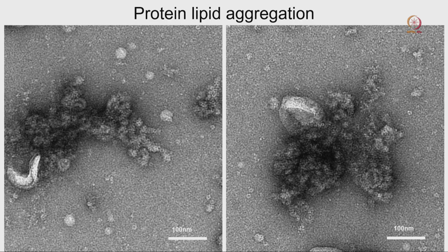Generally, in the presence of glycerol or high salt concentration, protein solubility will increase. So protein solubility is comparatively higher at high salt concentration and glycerol. But if you drastically reduce the salt concentration or remove the glycerol completely, there will be a tendency for the proteins to come together and try to cluster with each other. When they cluster, that is called aggregation. So there is a basic difference between oligomerization and aggregation.